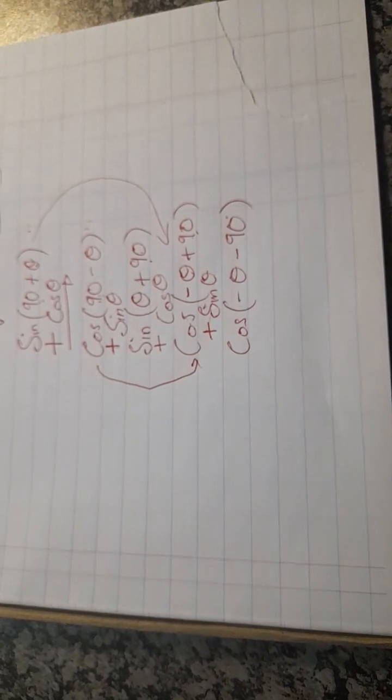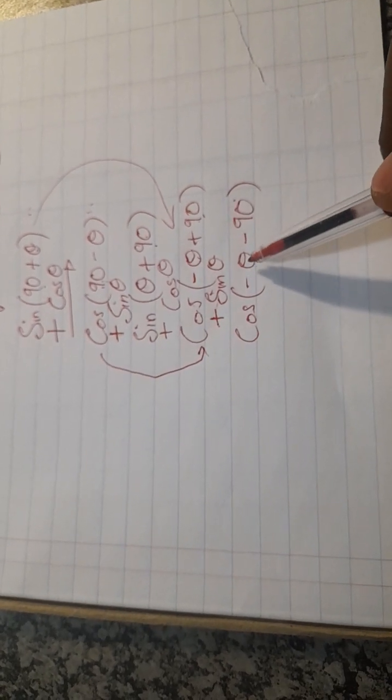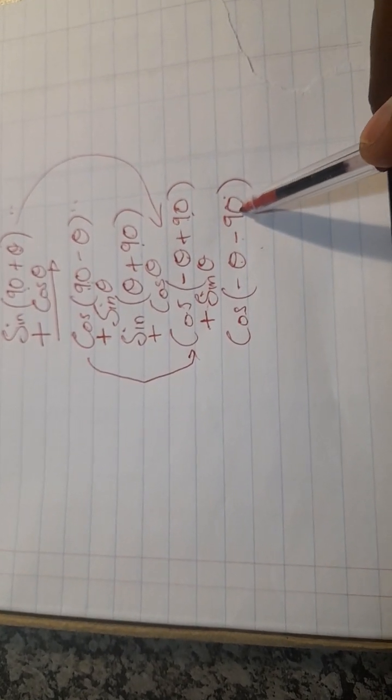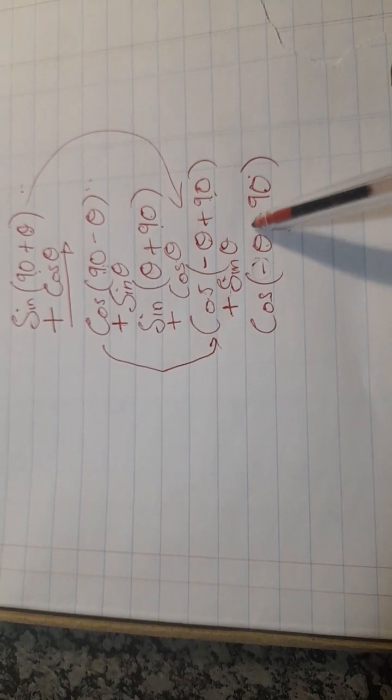You see? Oh, here is a challenging part now. Now we have negative theta minus 90. For me, I could take out a common factor, which is what? Negative. For somebody else, he or she will go straight to an answer. Let me do